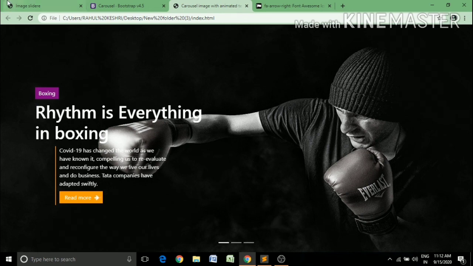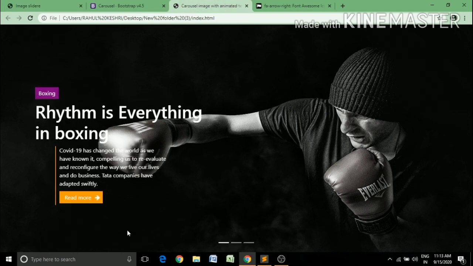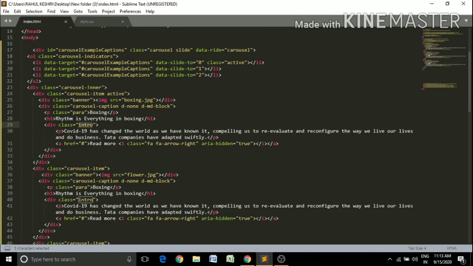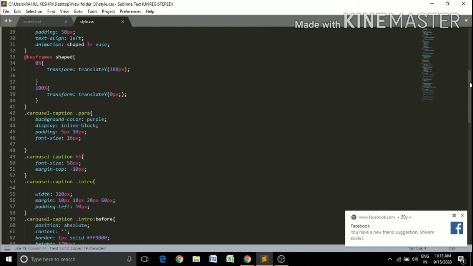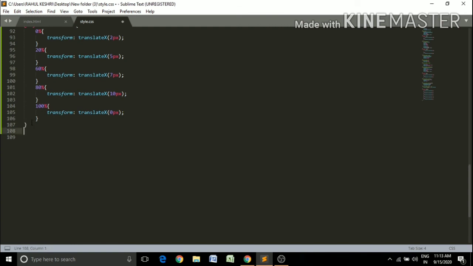One more thing, here are the 3 dots, which are small in width and should be aligned to the left. So we have to align them left and reduce their size. Go to the list section, carousel indicator, copy it, and simply justify content left.